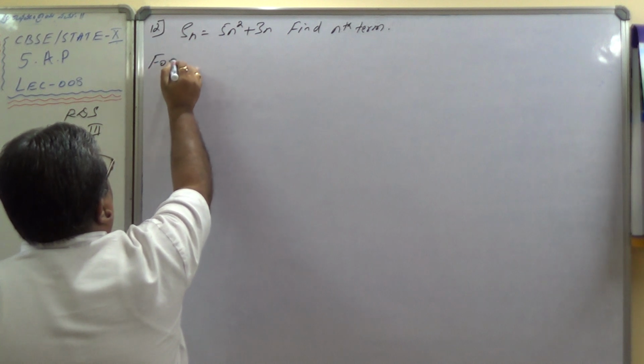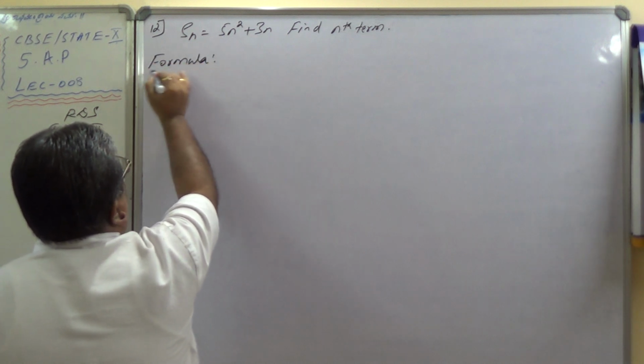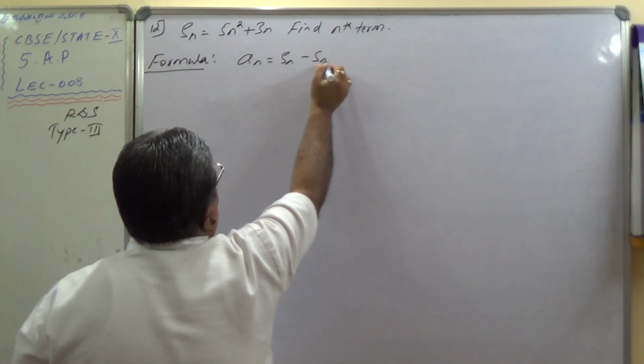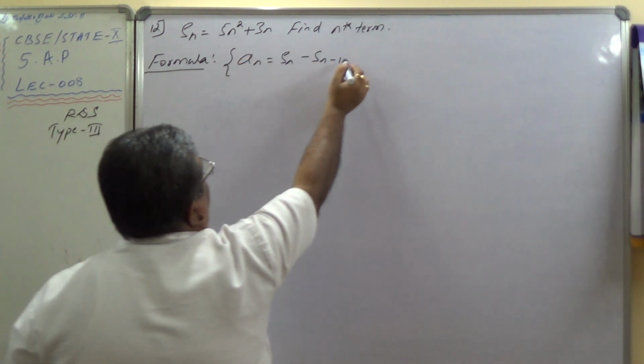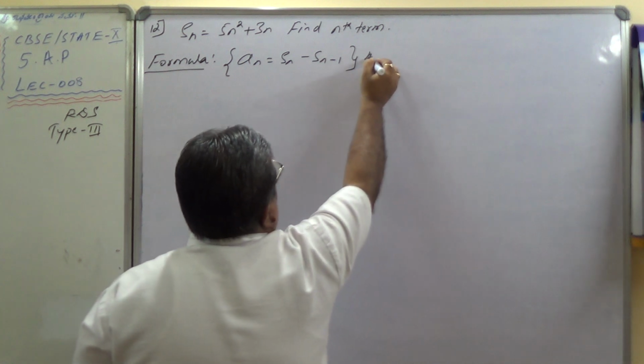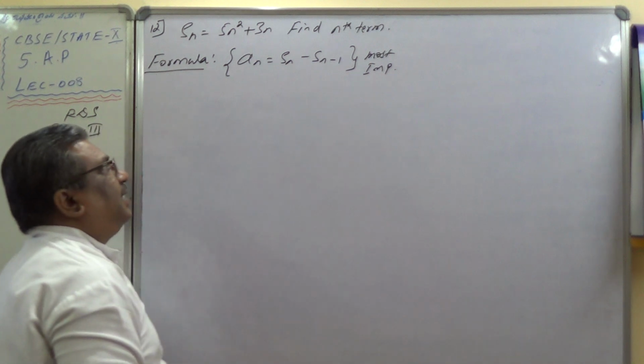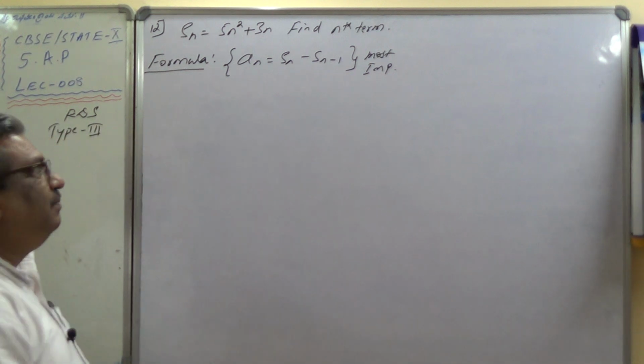Formula used: An equals Sn minus Sn minus 1. This formula, as I had told, is most important. You must note this one because many times you neglect it and you will not be able to find the answer. Therefore,